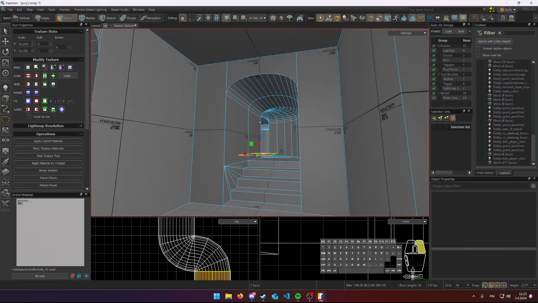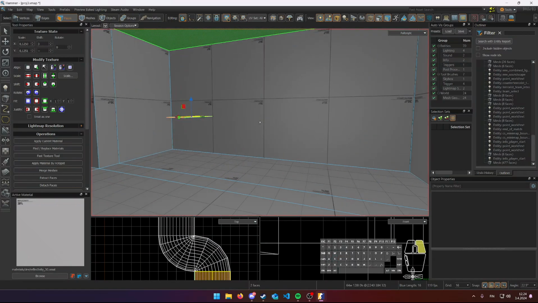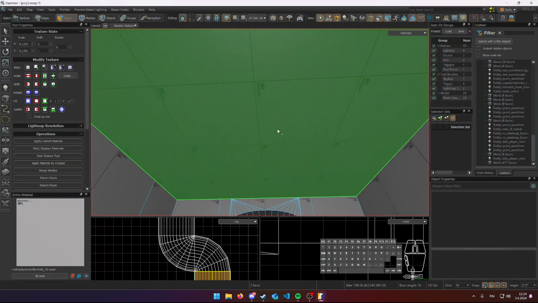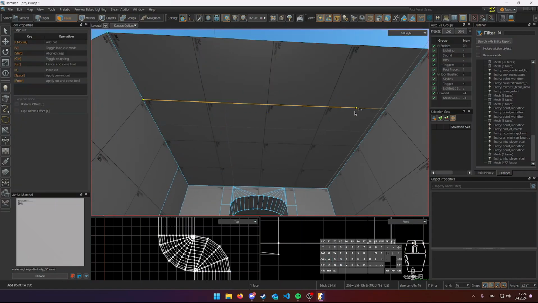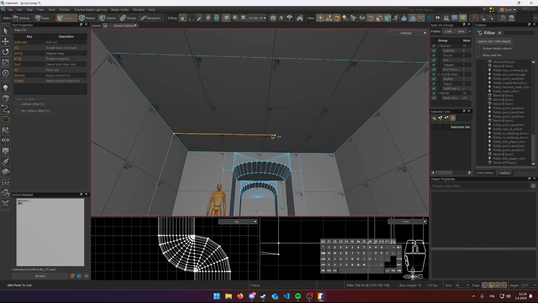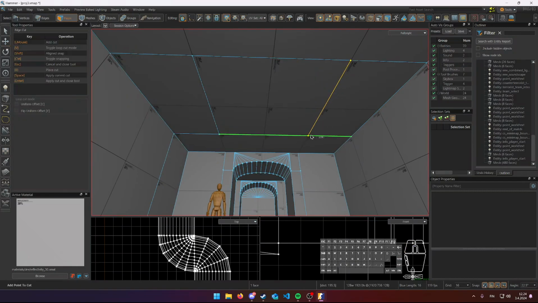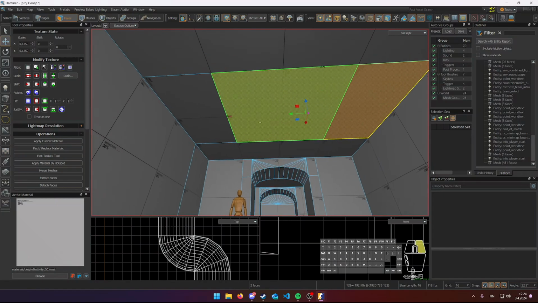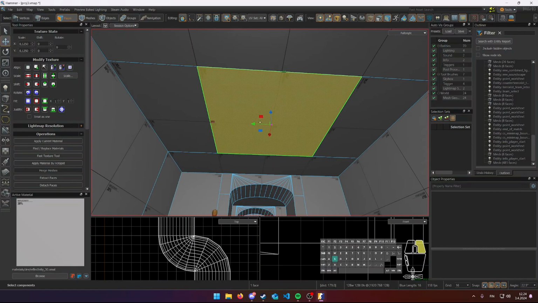But in Source, you do not just open up a face to let light in. You make a face with a skybox texture, which tells the engine that, hey, let light through this, but when you view it in full bright, it's gonna still have a texture. So I created this face right here,